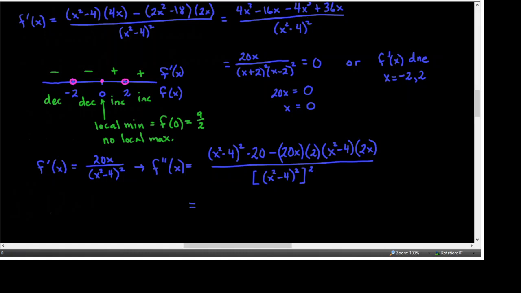Okay, so looking for common factors in the numerator, 20 is a common factor, as is a power of x squared minus 4. The common factor is the lower power of the two. 1 is the power of the second one near the end of the numerator. That's lower than power 2, so the common factor is 20 times x squared minus 4 to the first. Then, from the first term, I factored out the 20, and I factored out one of the x squared minus 4s, so I'm left with the other one,